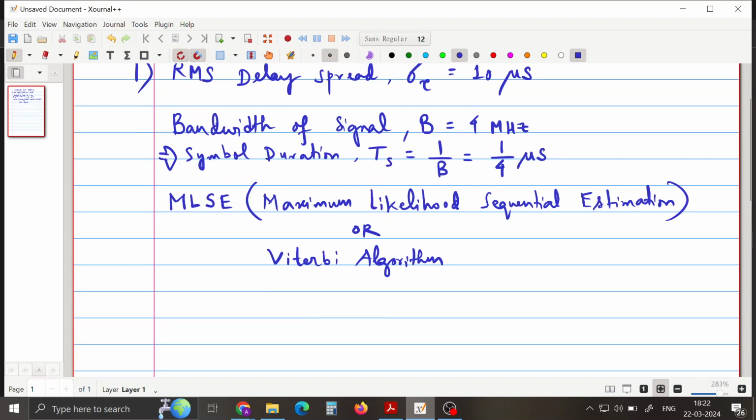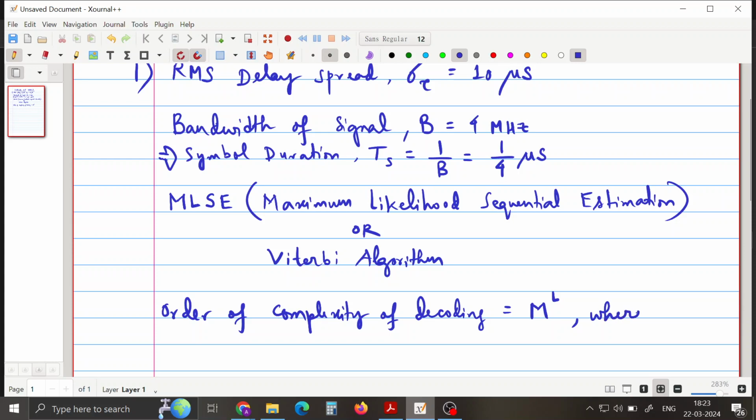Now, as we know, the order of complexity of decoding is capital M to the power L. I guess there is a lag. Okay, so it's M to the power L,